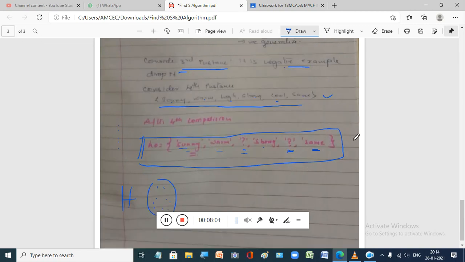Now this is the end of your algorithm, because there are only 4 instances in our data set. However many instances there are, that many times the algorithm has to be repeated. Since the fourth instance is the last one, you have compared it and generalized it. After the fourth comparison, this is your final generalized hypothesis. When you apply the Find-S algorithm, this is the last step of what you are going to get. Clear? So this is about the Find-S algorithm.